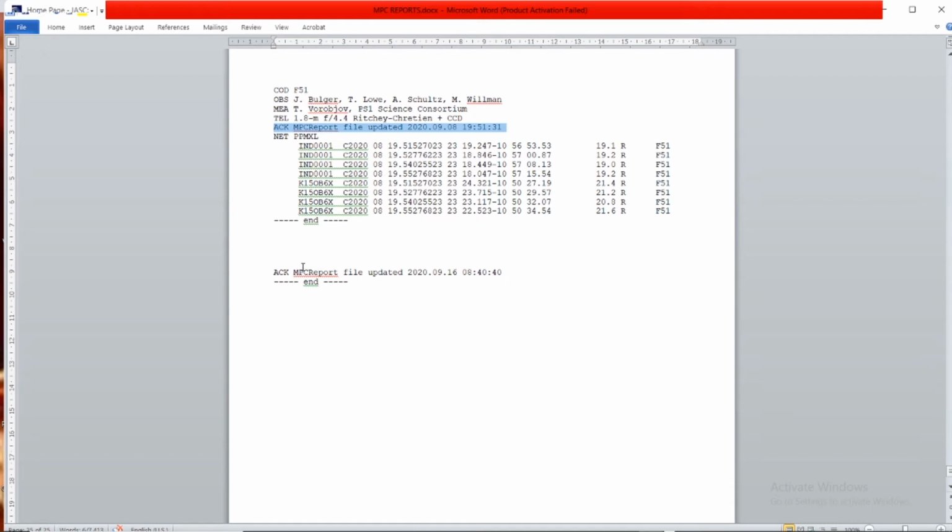Here in this MPC report which we have generated just a few seconds ago, it contains only the date and the timing. Of course, we can understand there will not be any objects because no objects were detected. So what we will have to do is, just before the end line, make an addition. We just press the enter key, come back to the second line, and write no moving objects detected.